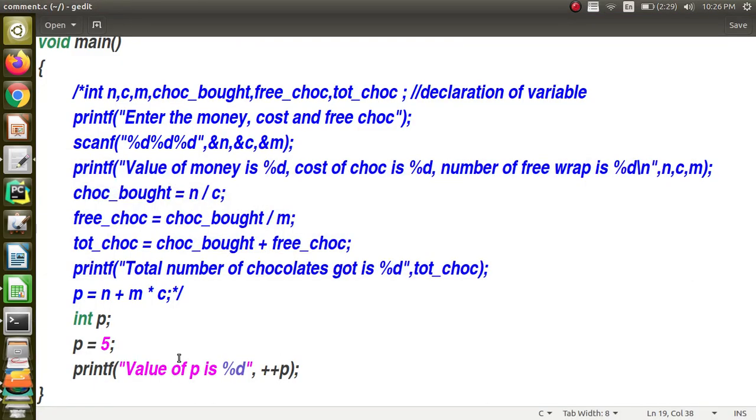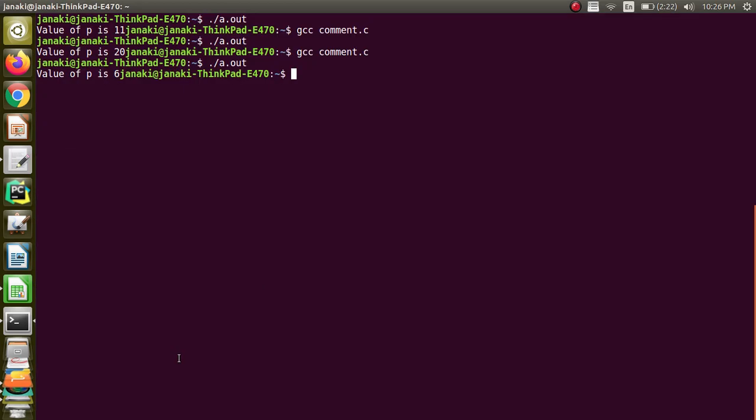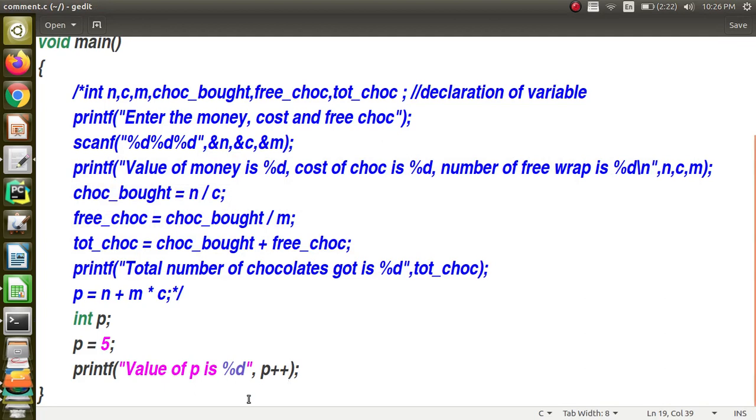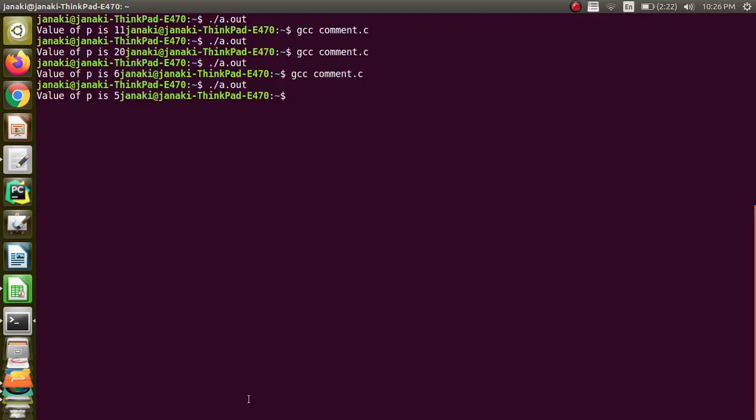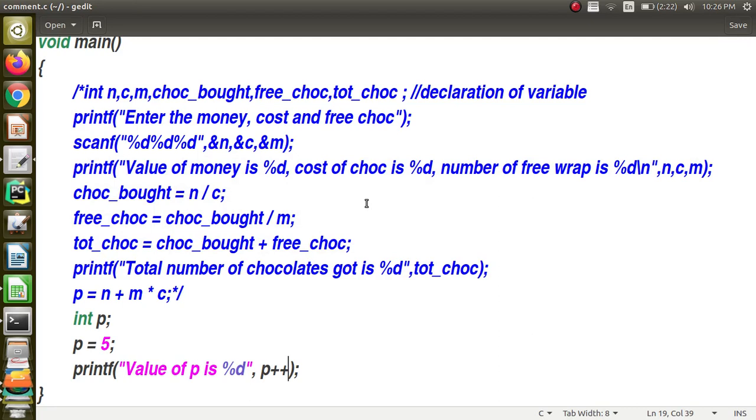Yeah, this is 6, and I can say P plus plus, in which case you will see that it will print the value and then increment. So you will see that now it is printing 5, but after using it, it will increment. This is called post-increment, and when I put it before the variable name, I call it pre-increment. So increment and decrement are indicated by plus plus and minus minus.